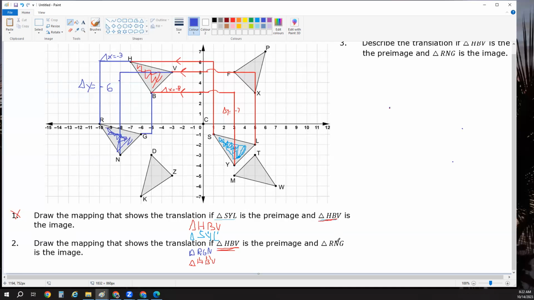HBV and RNG, and I said RGN from the very beginning. Look at that, right? So that's a mistake. It should have been RNG. I almost did it again. RNG